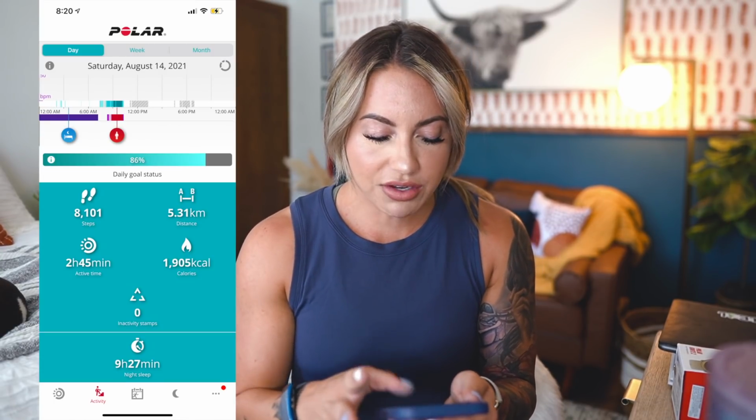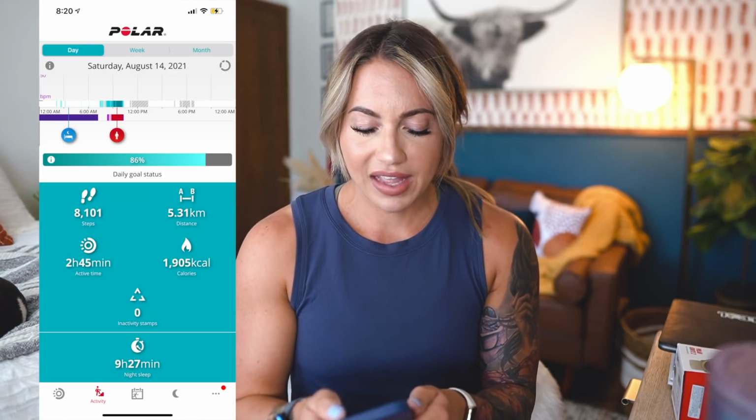And I will say right off the bat, I don't love the app interface. I think it was trying to be a little bit, well, I'm saying this with a complete guess, I don't know. It was trying to be a little bit too much like Whoop with the different pages of things. So it doesn't have necessarily all of your data in one place like Fitbit does, but it also wasn't as user-friendly, again, kind of like the setup situation as Whoop was. I definitely felt like it's kind of all over the place in the app. And again, I'm gonna pop it up here on the screen for you. It just looks old school to me. I just didn't